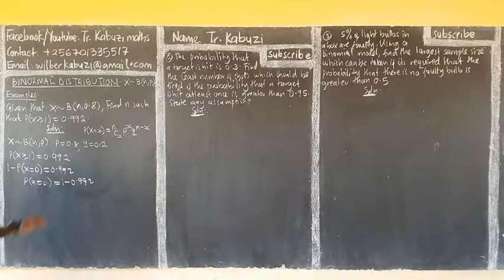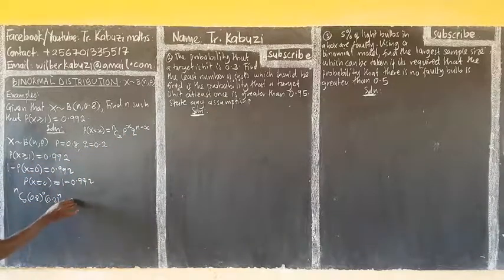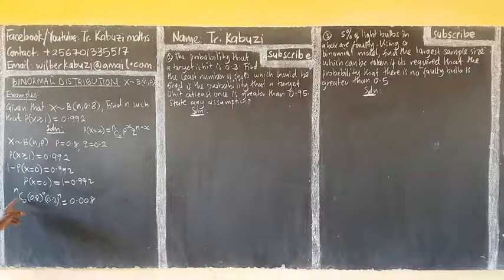Now from this formula, I'm going to use this. Now my x is 0. So this will now be n combination 0, into success power 0, into 0.2 power n minus 0, because our x is 0, it is n. This is 0.008. So now, n combination 0 is 1. Any number power 0 is also 1. Then here we have 0.2 power n